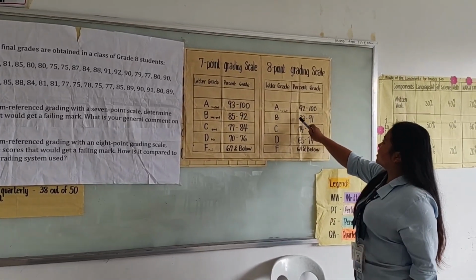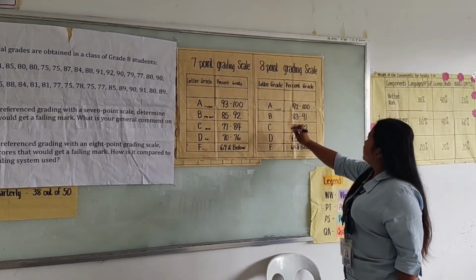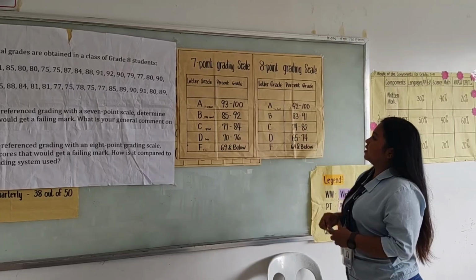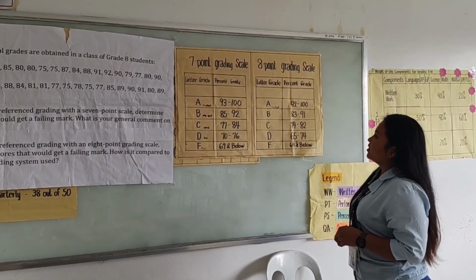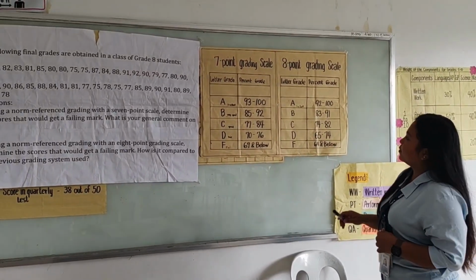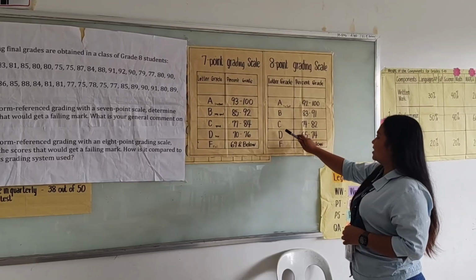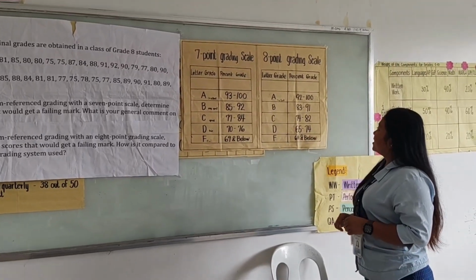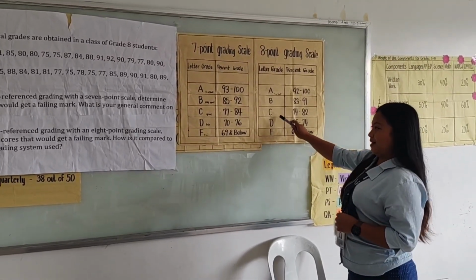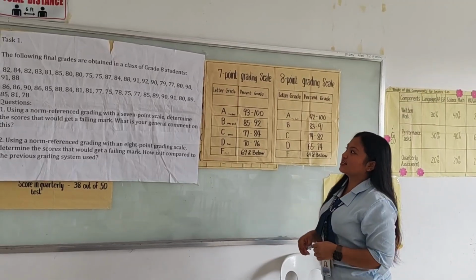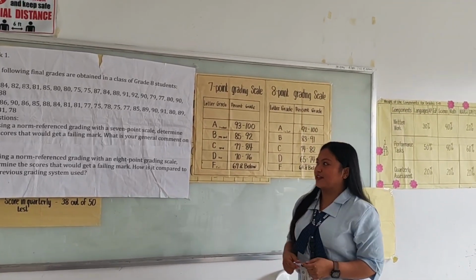So a student got a letter grade of B. So it means their mark is very good. Then the lowest score is 75, which means the student got C. So their mark is good. So as you can see, no one got a failing mark.